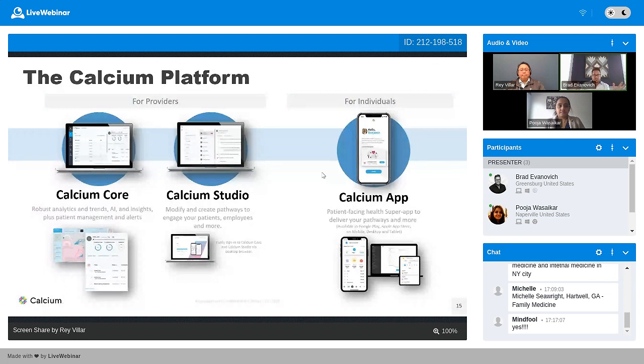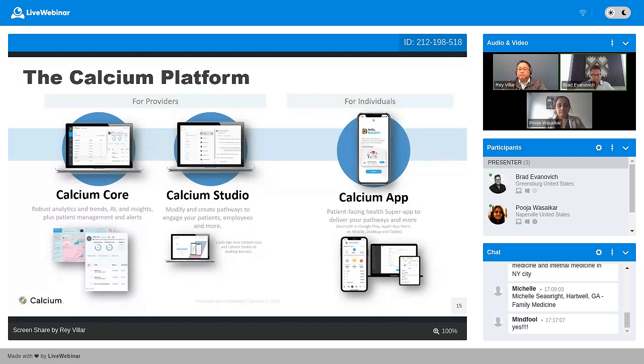This is your view into what your patients are doing, as far as biometric markers, as far as social determinants of health, insights on other data points that are coming from data aggregation, and providing you a 360-degree view of your patient population.